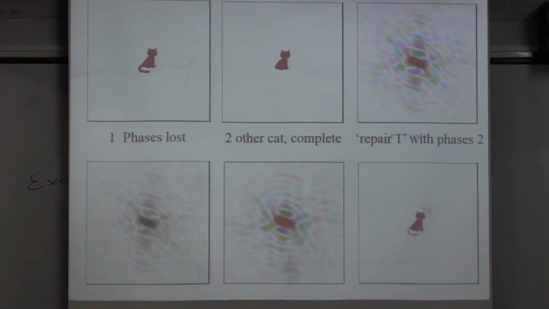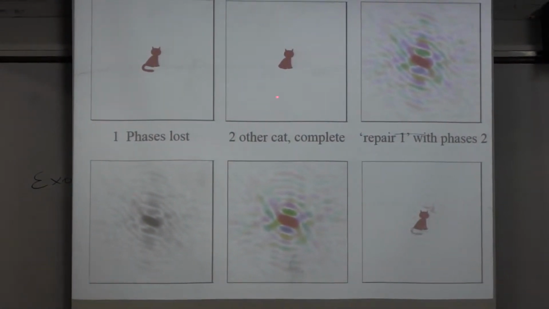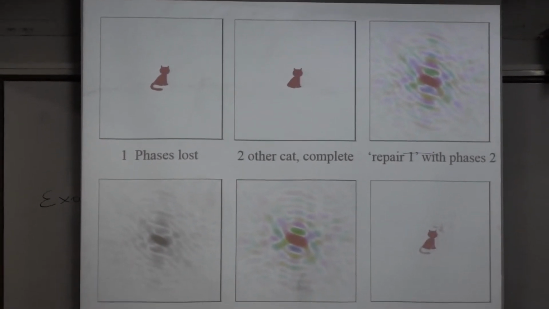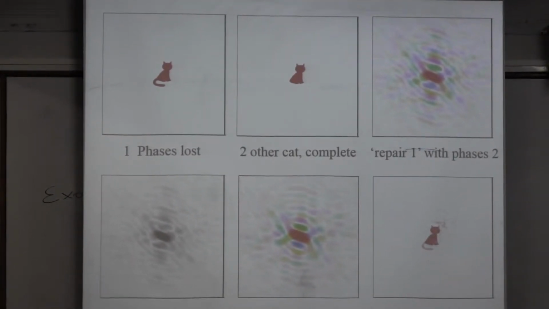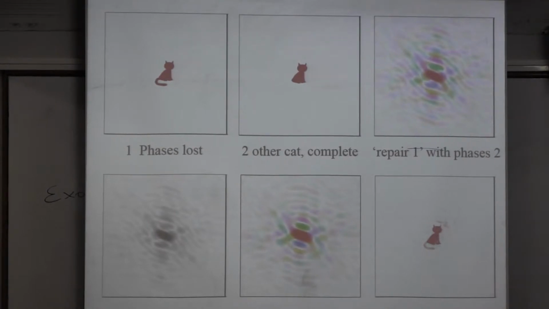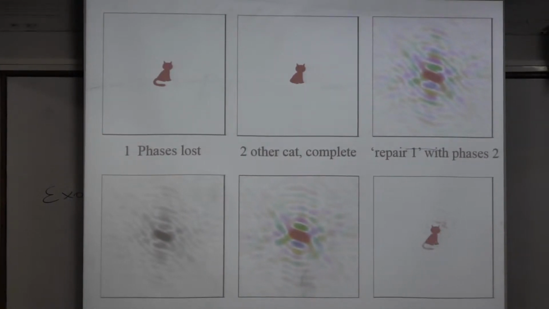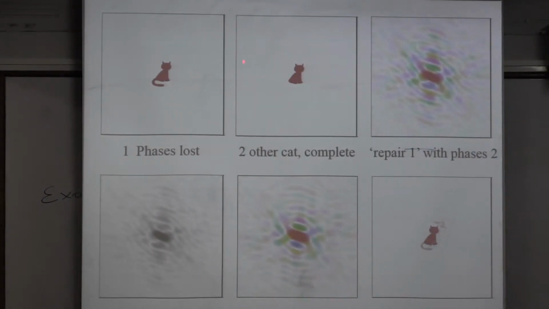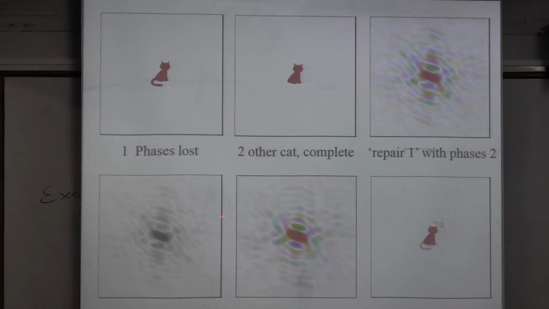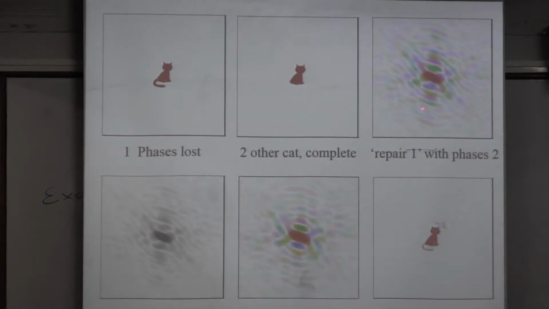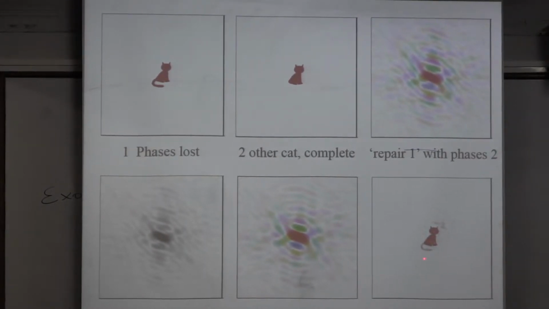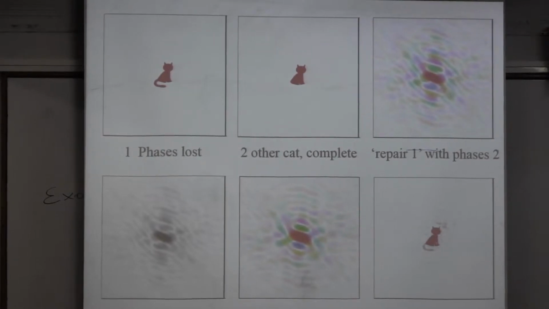But it looks rather alike, so I could try and use the phases of this cat with this amplitude and see whether something comes out then. And so I used this Fourier transform with these phases, which are derived from this one. And lo and behold, I get something back that I would have expected.